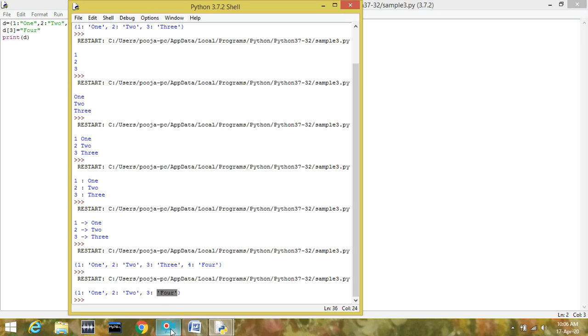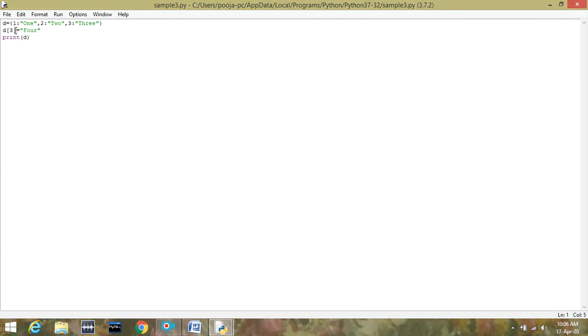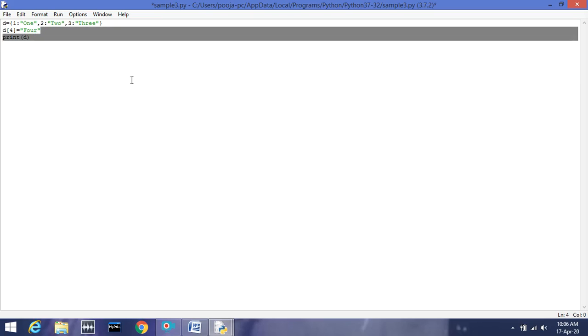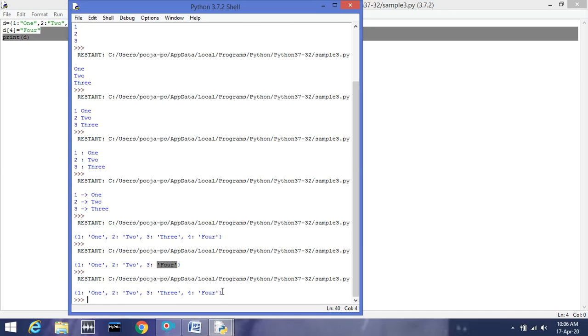Correct? So this is basically updation operation. So when the key is available in the dictionary and you will write this statement, that will perform updation operation, and if the key is not present in the dictionary and you will write the same statement, that will add the new element in your dictionary.